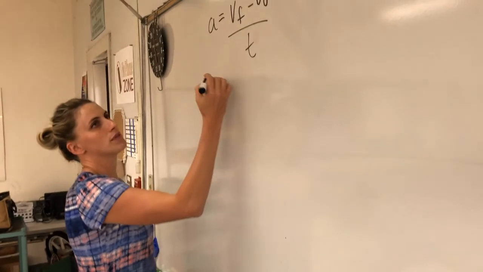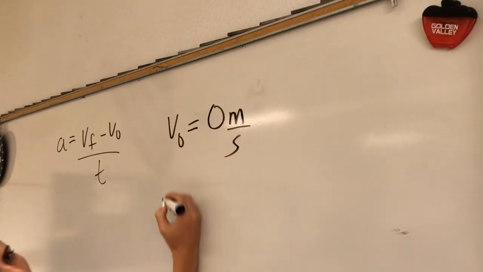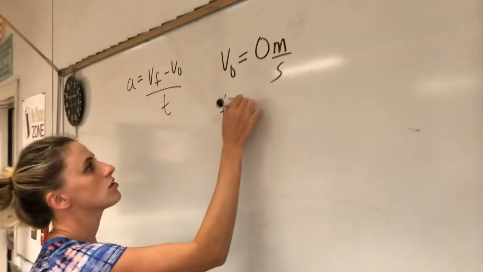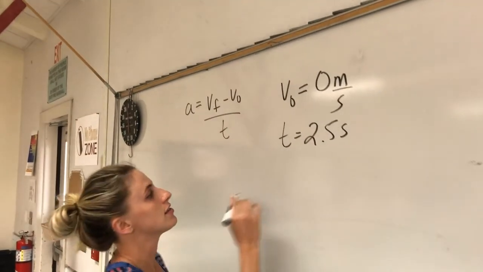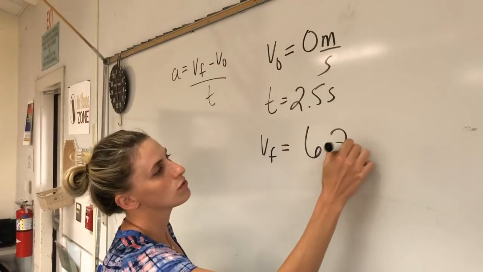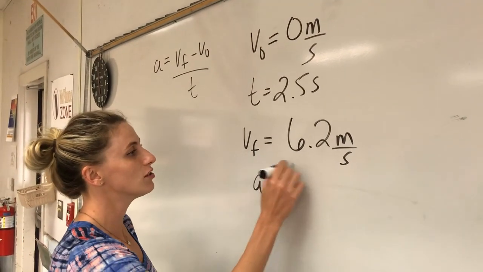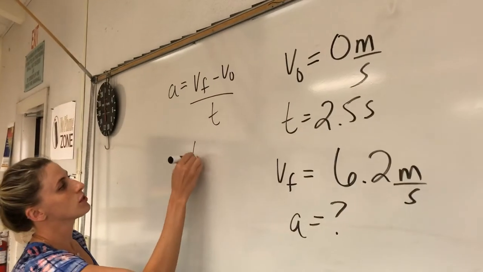Okay. And then let's see, information mining. We start from rest. That means my beginning velocity is going to be 0, right? Okay. Accelerates down a track in 2.5 seconds. Isn't it nice, it just tells us the final velocity, 6.2 meters per second. What is its acceleration? We don't have to solve for anything. Sweet. Okay, so final velocity was 6.2